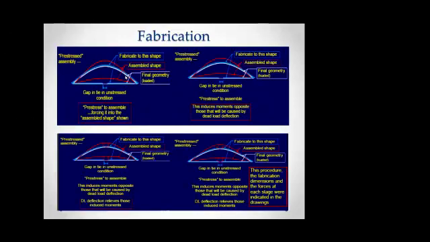First they raise the structure, and then they fabricate this shape. The blue one is the fabricated shape, and they assemble the shape. Once it is loaded, it comes back to the original position. That is what the white color shows. The gap in the tie is the unstressed condition. The pre-stress forces the tie into the assembled shape shown in the figure. And this is how it induces the moment opposite to the one that will be caused by the dead load deflection.